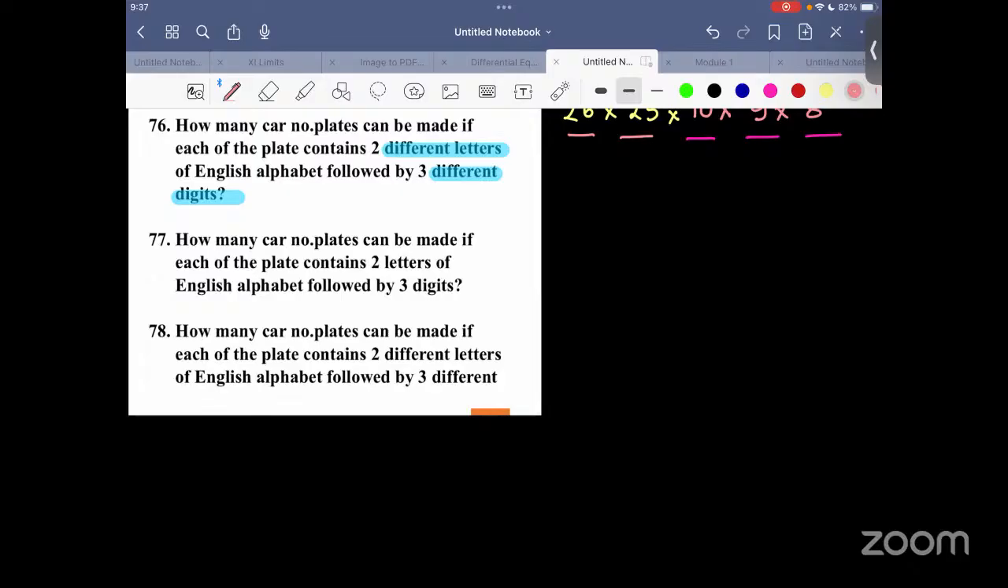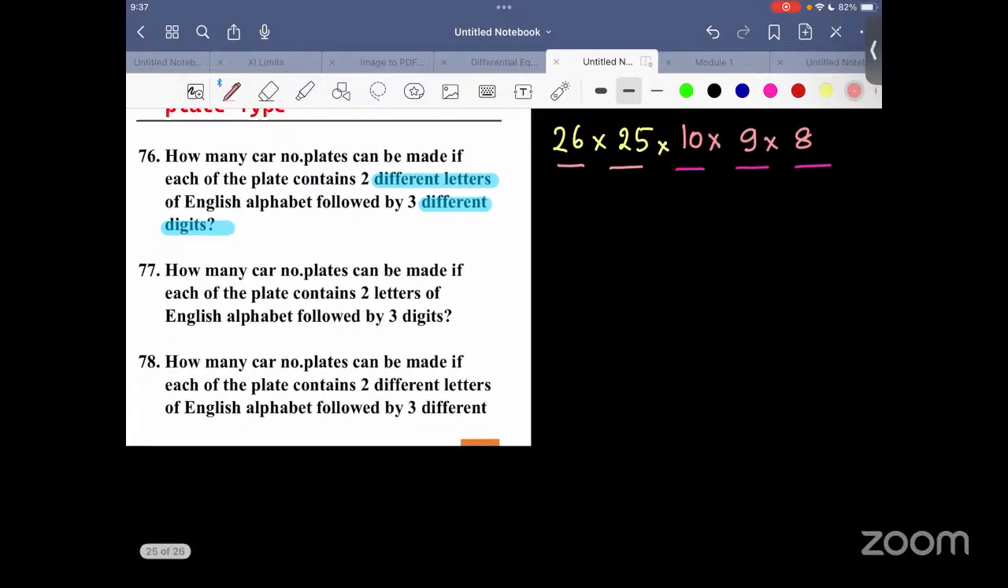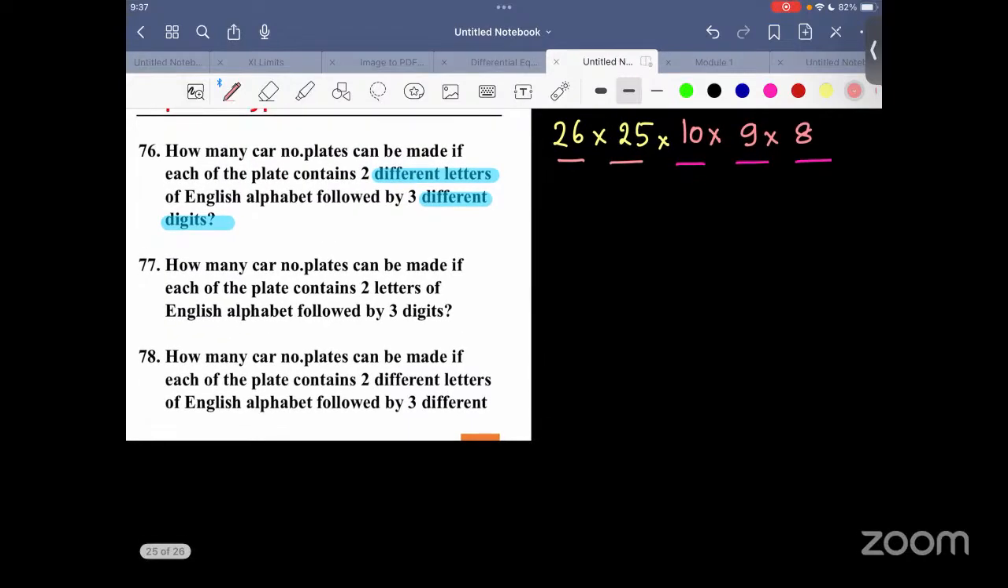How many car number plates can be made if each of the plate contains two letters of English alphabet followed by three digits? कुमार गौरव, the answer that you have written, इसमें आपको नहीं लग रहा है कि आपका डुअल काउंटिंग हुआ है? आप खुद देखो। आपने 26 into 26 जो लिखे हो, उस 26 into 26 के अंदर ही 26 into 25